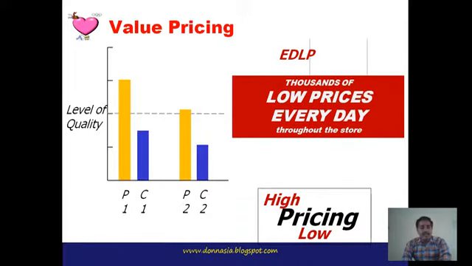Then value pricing. Here we can maintain the value of the product, particularly the quality of the product, while reducing the cost. At the same time we are not sacrificing the value, but providing the same type of quality of products which are desired by the market. So in this way we can reduce the cost and also reduce the prices. We are providing the same quality products at the reduced price to the customers.